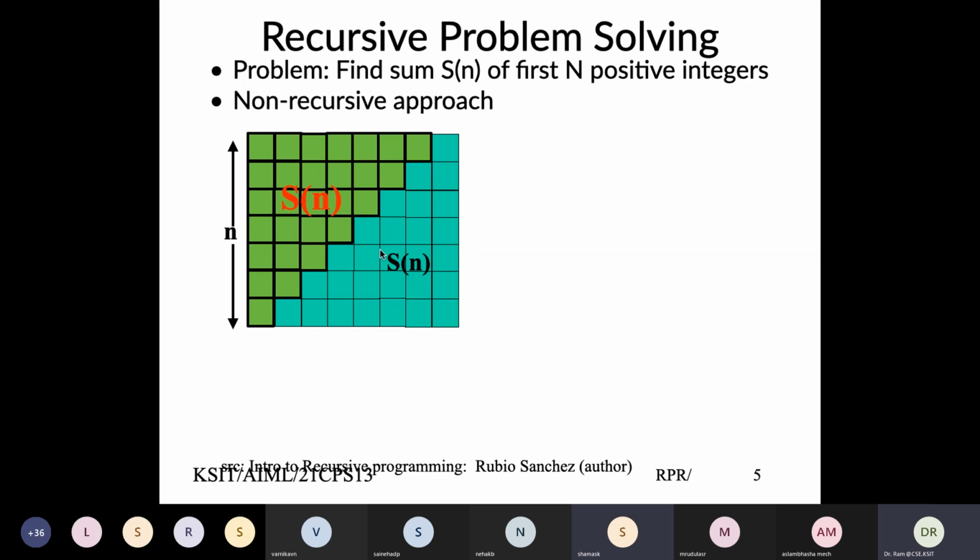Look at this rectangle: it represents Sn plus Sn. That means this rectangle represents the sum two times. Now given the height n, given the length n plus 1,